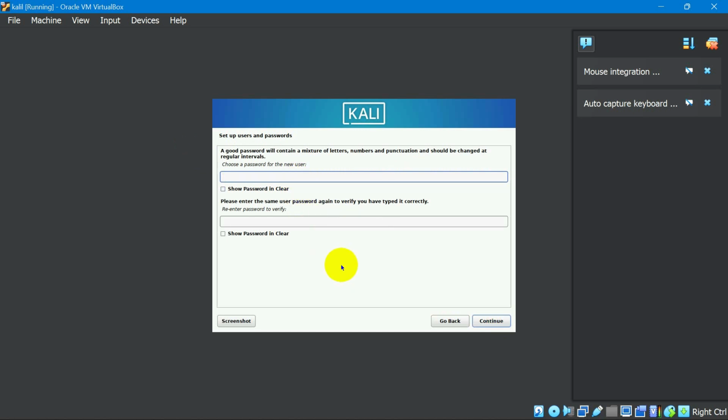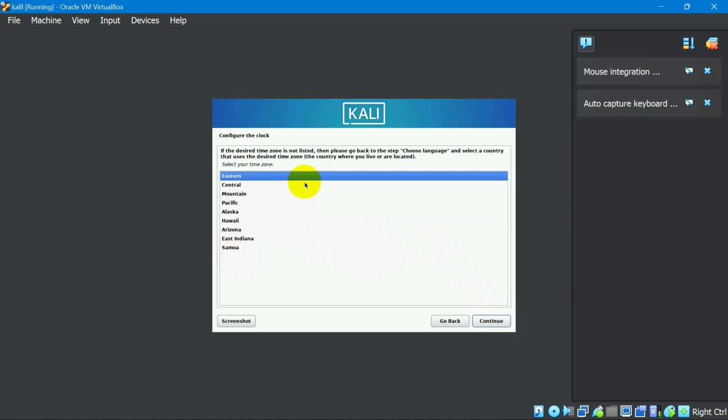Set a password for anything you want, and make sure you remember it, because if you don't remember it, it's a problem for you. So I'm going to put my password there now. After I've already put my password there.